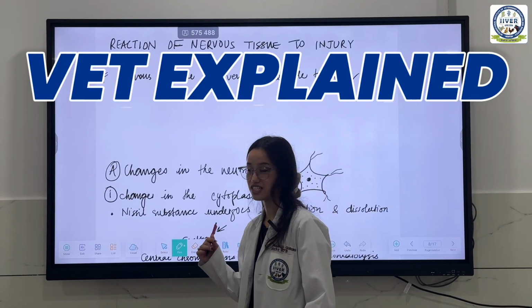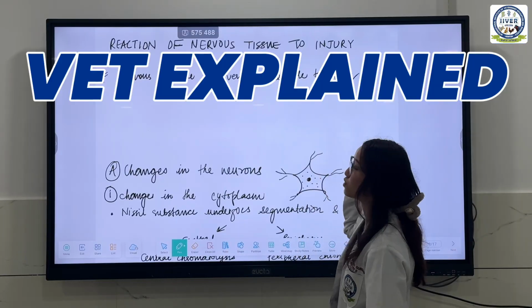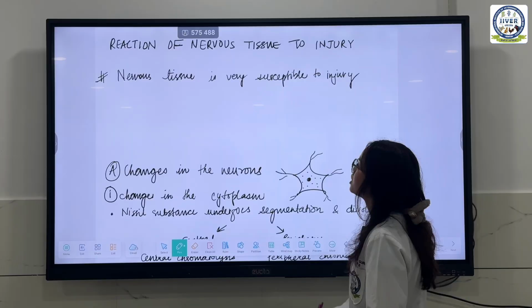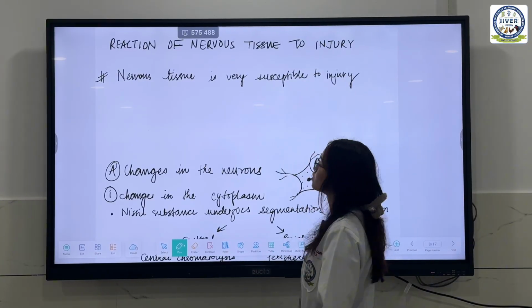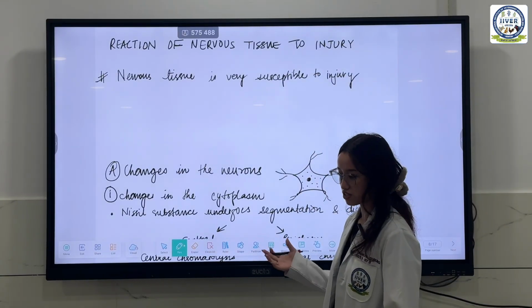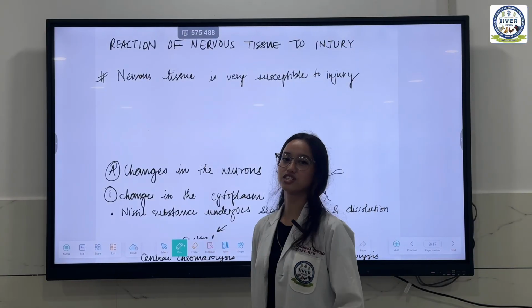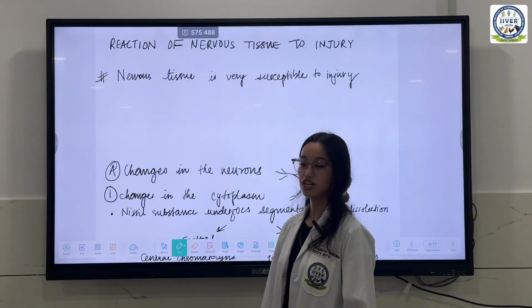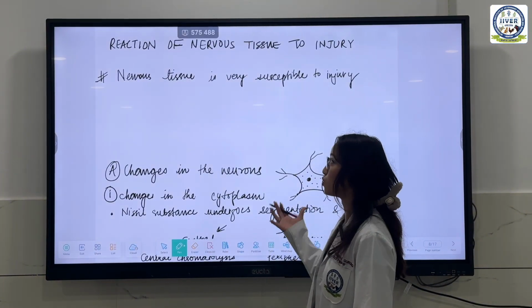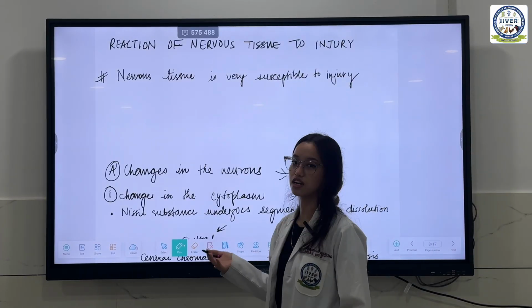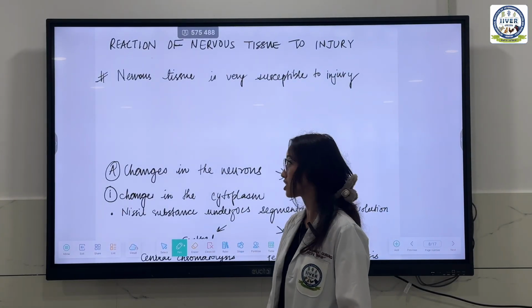This is Pathology Edition, in which we'll be talking about one of the most important topics with respect to external as well as internal. So this is reaction of nervous tissue to injury. This for externals can come up to like 10 marks. This topic has a very big weightage in the external as well as internal. It can come up to 10 marks as a whole, explain the reaction of nervous tissue to injury, or it can come for fill-ups as well as definition.